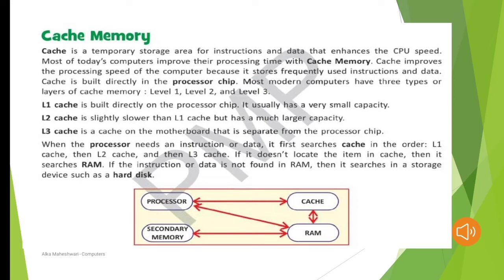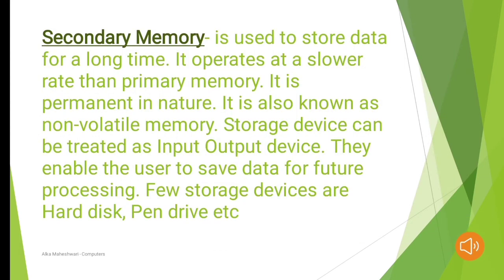When the processor needs instructions, it searches for these instructions in the cache first. After that, if it does not find these instructions in the cache, then the processor searches for the instruction in RAM, and at last the processor takes instructions from the hard disk, as is clear from the diagram. So it is clear now. The primary memory is the inbuilt memory of the computer and it is of two types, RAM and ROM.